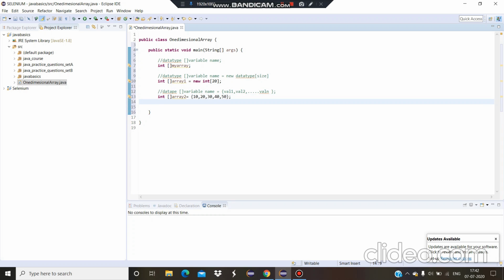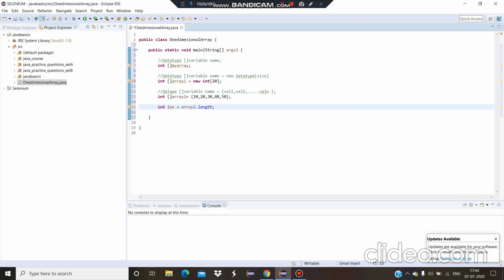There is a property of an array called length, which is used to calculate the length of the array that we have declared. So we will see that also. If you want the length of the array and store it in a third variable, then you can do it like this: int len equals array2.length.